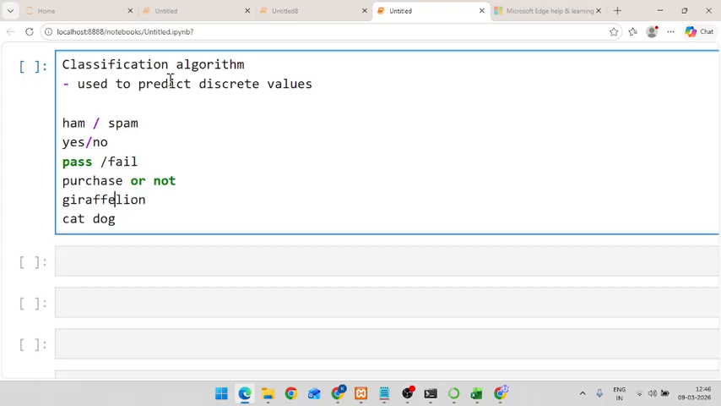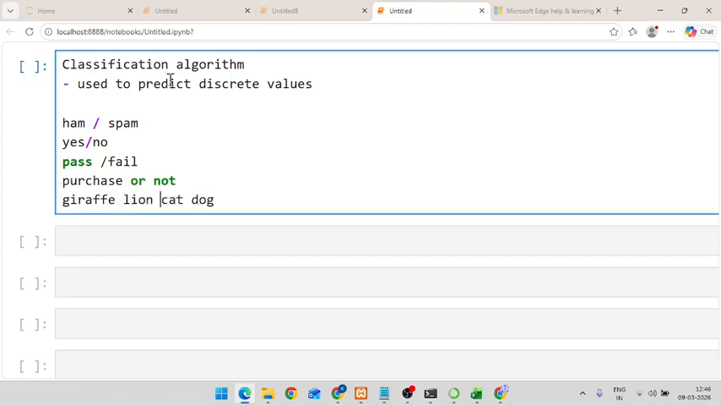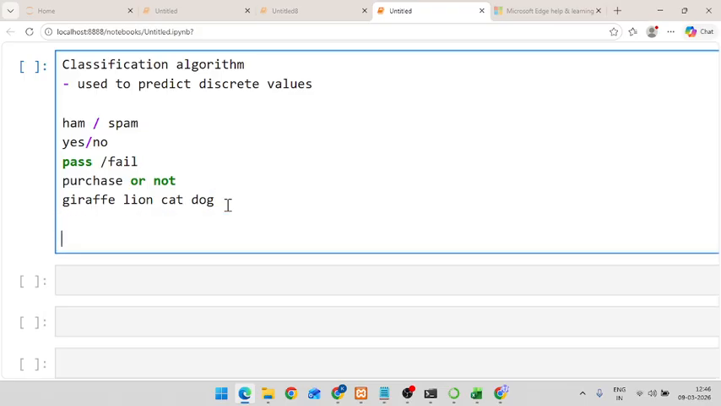Okay, so such type of things that we often solve using this classification type of problems. And next, the most commonly used top classification algorithms are,